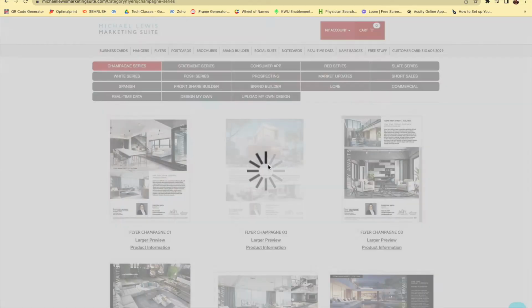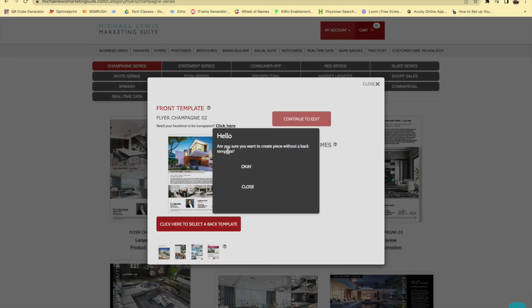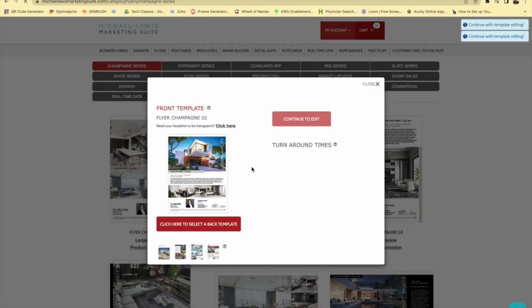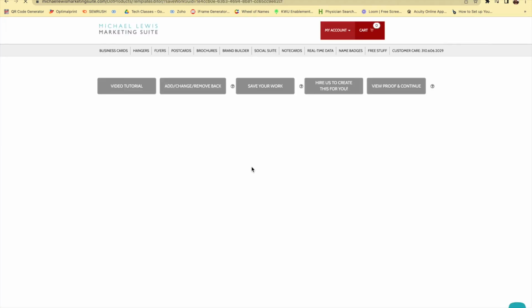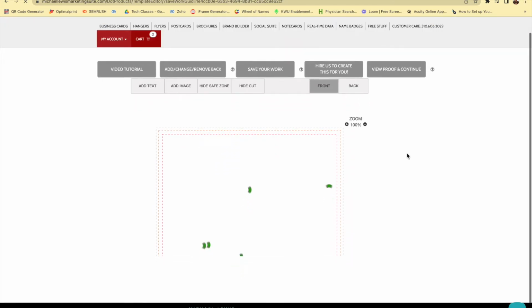Now for this, I'm going to click continue to edit, and it's going to say, hello, are you sure you want to create a piece without a back template? Go ahead and click OK. Once you click OK, this is where you'll be able to go into the editor and start editing this piece. So once you are in here,